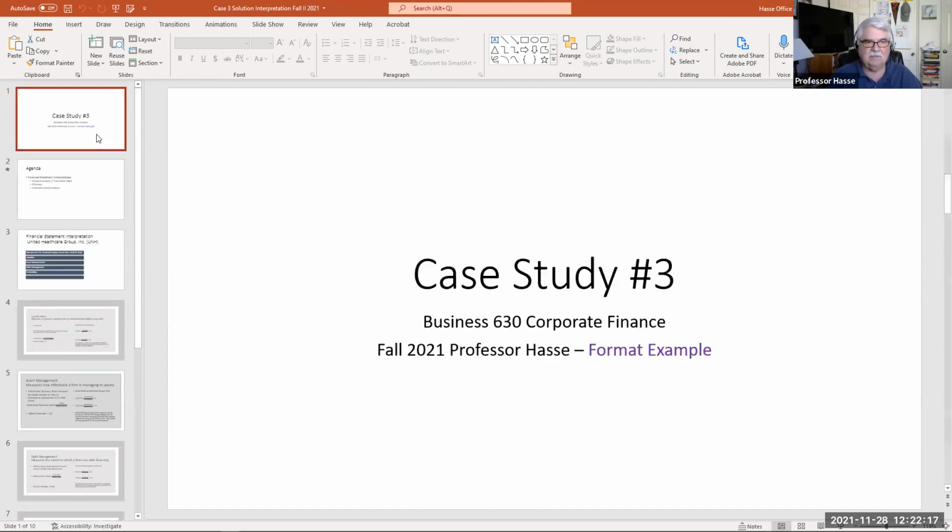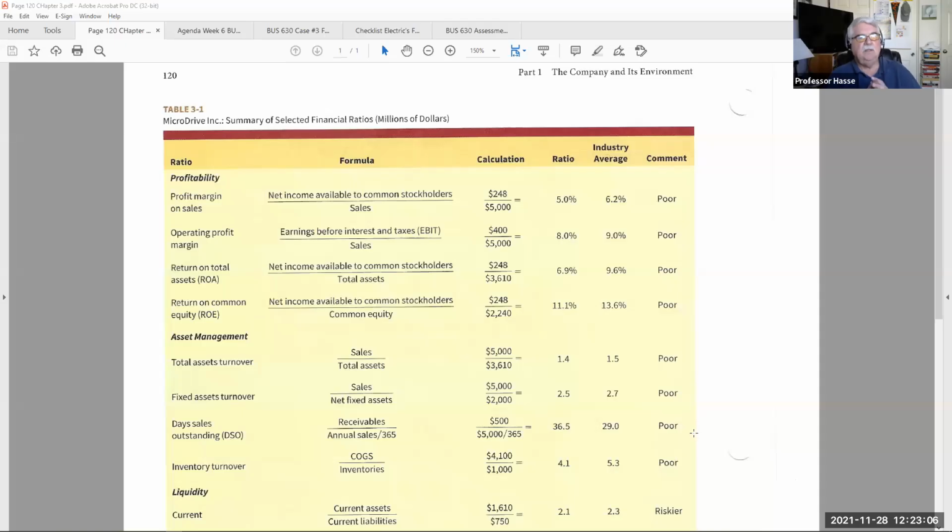So this case study will be an interpretation. So you'll take your company, you'll find the various information for that period of time, the 3rd quarters of 21 and 22, and you'll do your analysis. And here's the basics of that financial information that I've given you. I've posted this to the case study, and also it's available in week number 6,